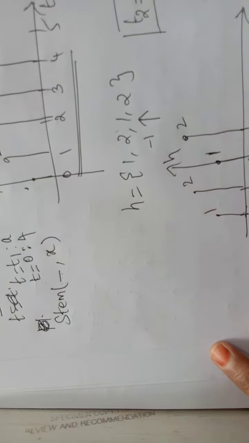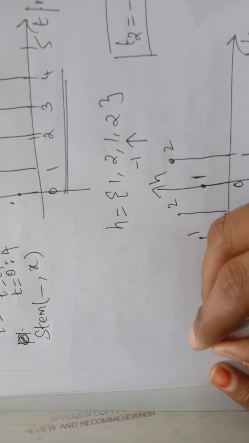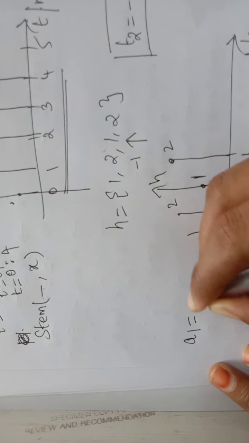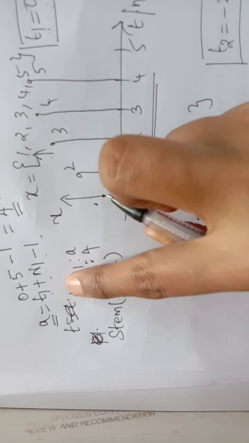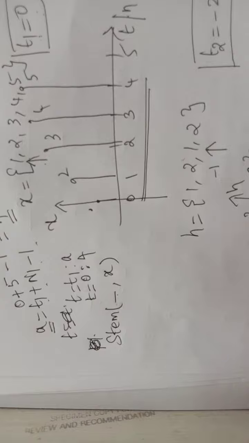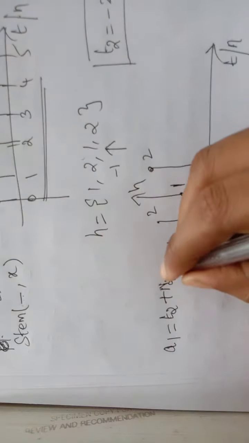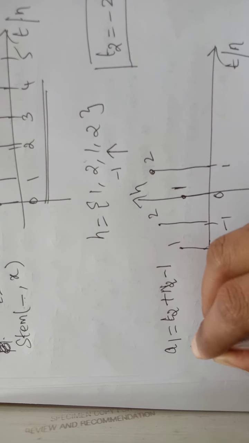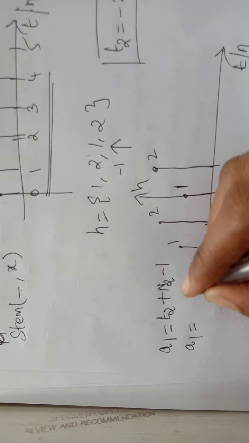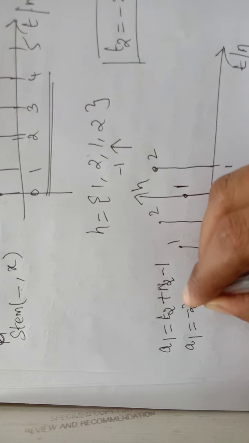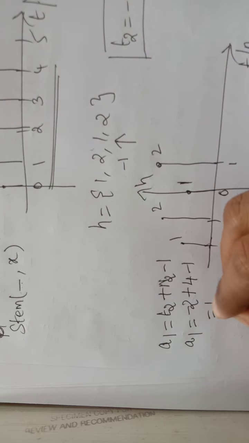Similarly here I need to do it for h. For h, I am going to use the same concept with another variable a1 or b, any variable you can use. Instead of t1, I am going to use t2 plus n2 minus 1. So a1 equal to t2 plus n2 minus 1. In this case t2 is -2 plus n2 is 4 minus 1. So what is a1? It is 1.